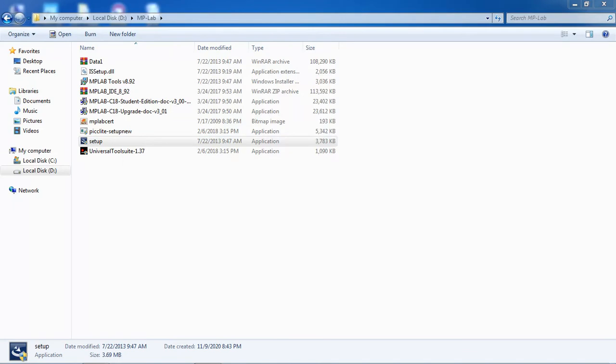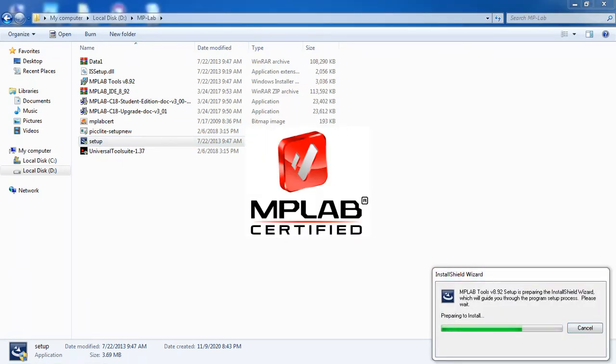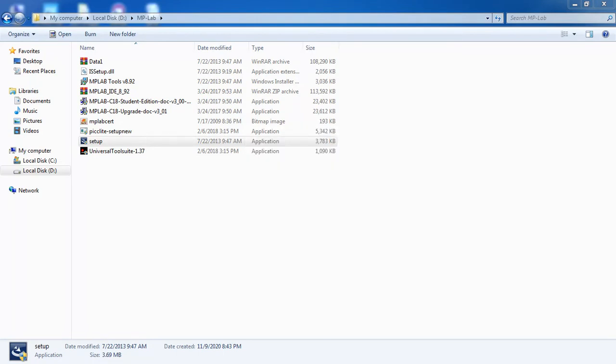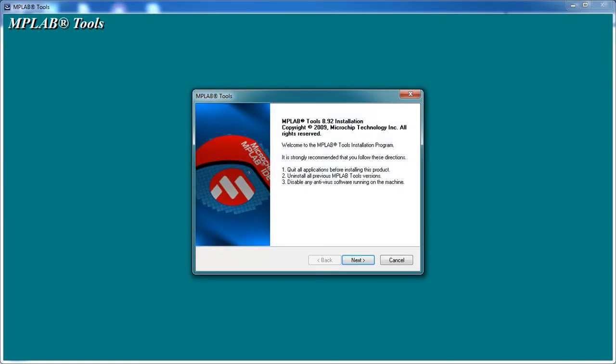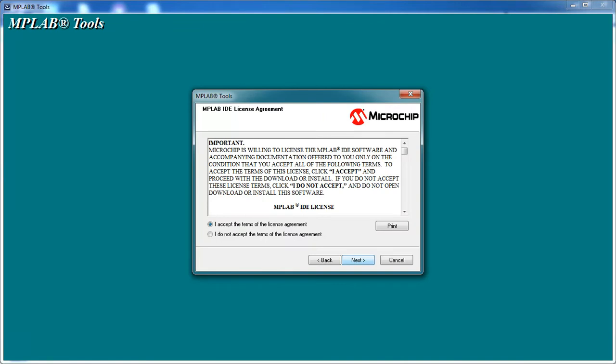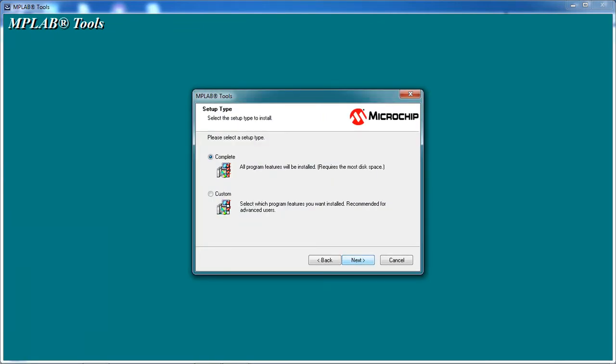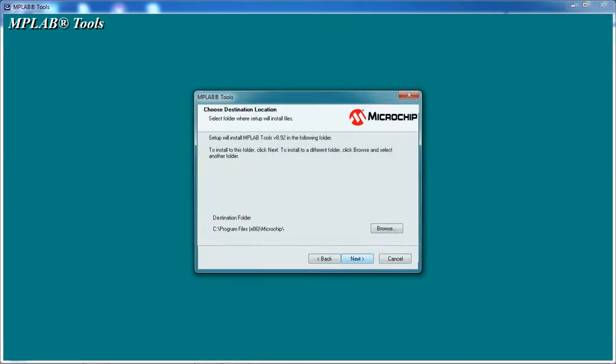You can start. Click on next and you need to accept the license. I'm looking for a complete installation of this MPLAB IDE.